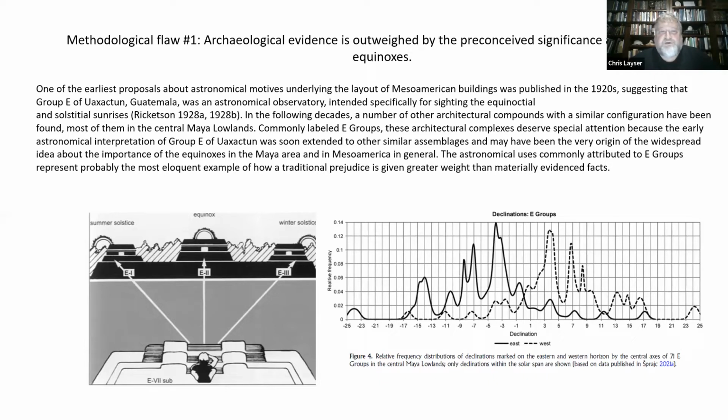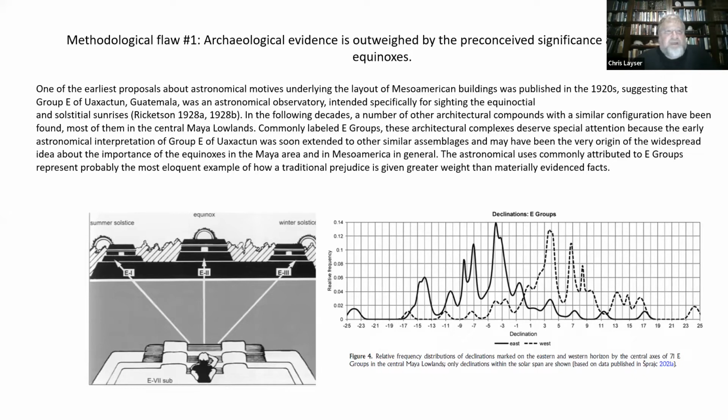E group at Uaxactun. Now, what they call an E group is typically a ceremonial plaza that's a raised plaza. And on the western edge of the plaza, there's usually a radial pyramid. And then on the eastern side of the plaza, there's a long platform. If it's just the radial temple and the platform, that's typically called a Cenote style E group. A Cenote style E group will have a larger superstructure in the middle, maybe two smaller ones built on the wings. But the other type is called the Uaxactun type, and that's what's represented here with three temples arrayed in a roughly north-south line on the eastern edge of the